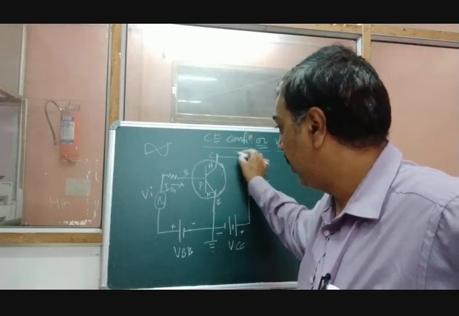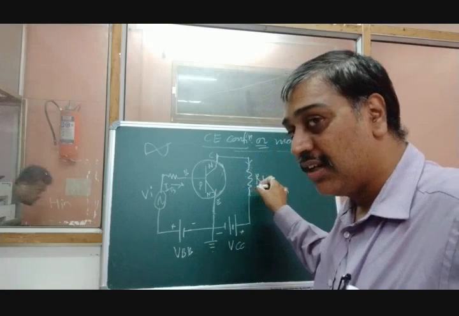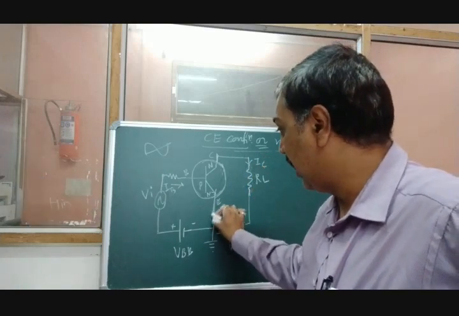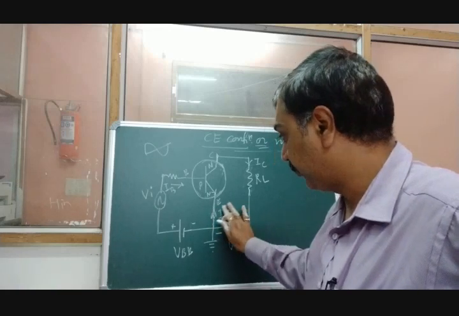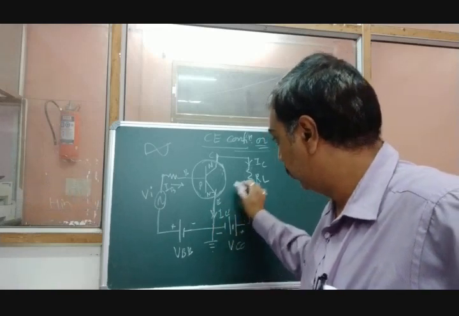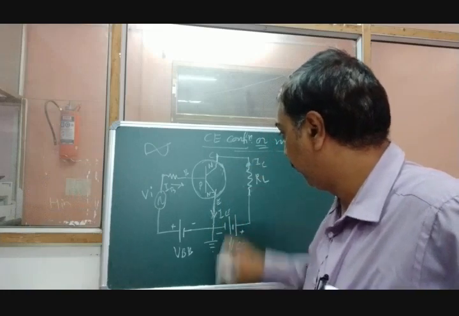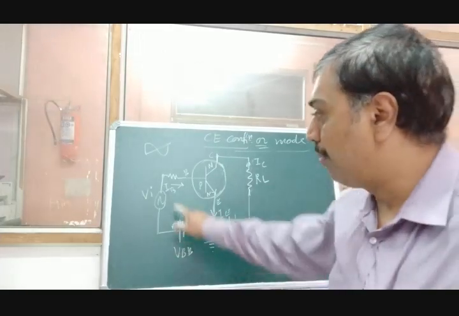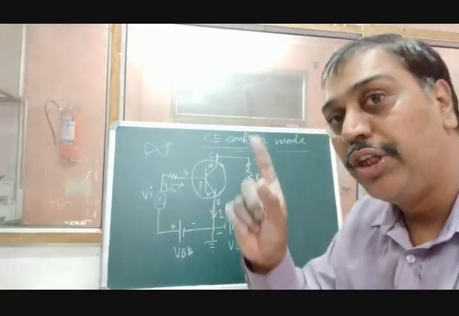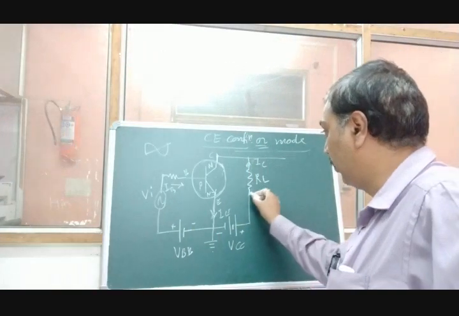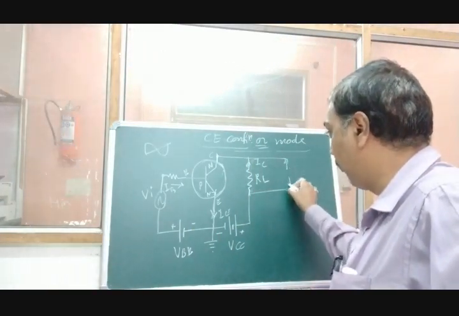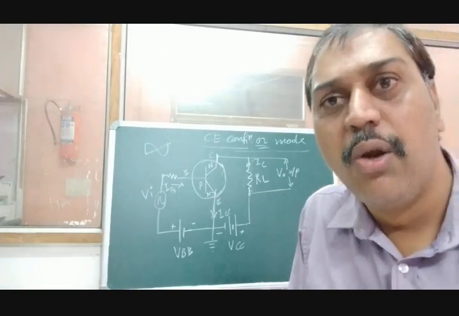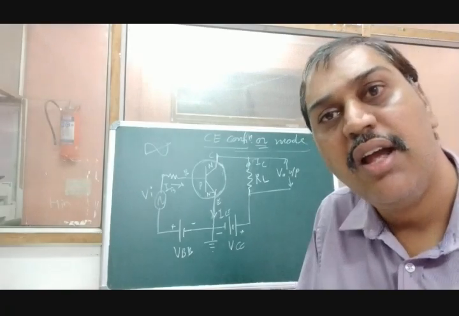What is the output current? It is the current flowing through the load resistance, that is nothing but IC. And this current is nothing but IE. Sorry, this must go down, and this must go here, upward. So that is nothing but the common emitter mode. Now remember, input is applied here. Where should we take the output? We should take the output across this load resistance. That is VO. Output is taken across the load resistance which is connected in series with the collector.